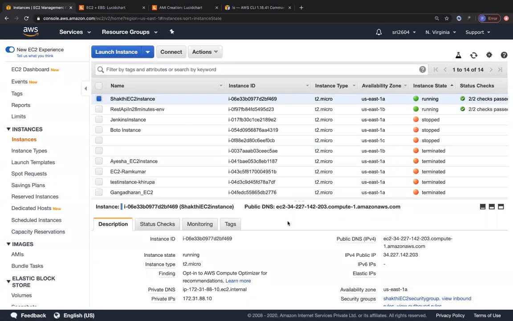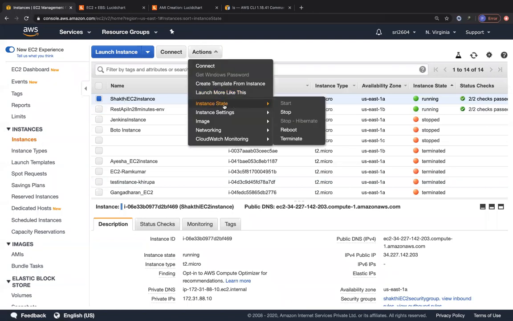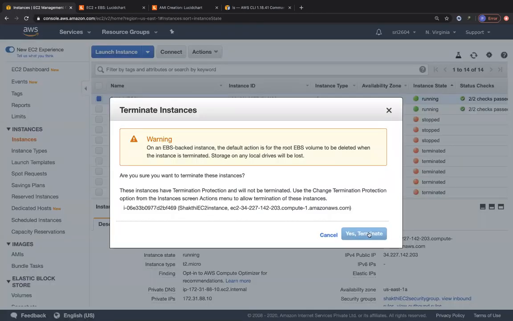So when you click on enable, you will not be able to terminate your instance. So let's check whether we are able to do that. Click on instance state, click on terminate. You can click on yes, terminate, but then it's grayed out because you have to change the termination protection. Okay. And don't give anyone access to terminate your EC2 instances. And in IAM policies, you can do this based on tags also.